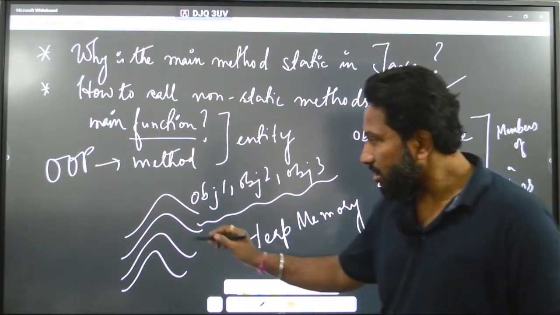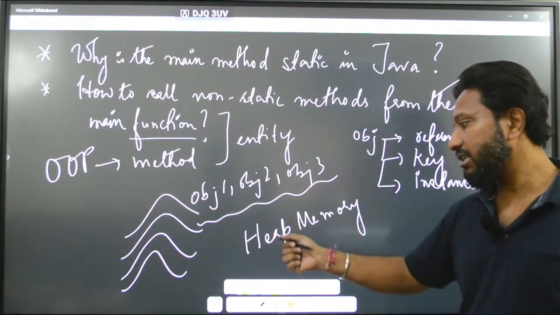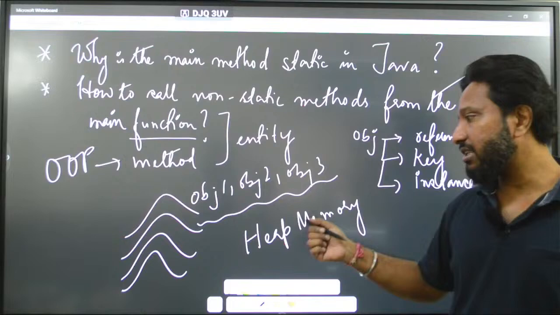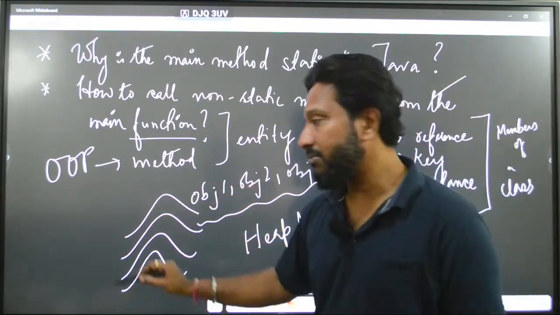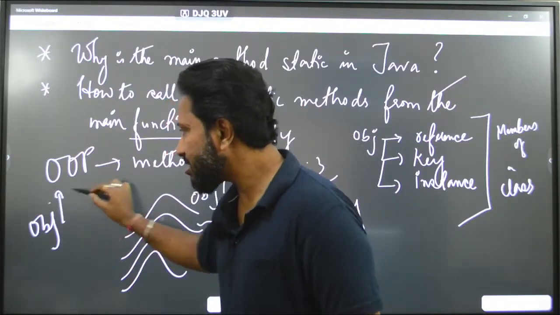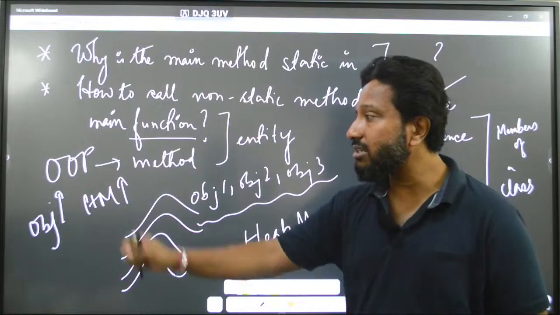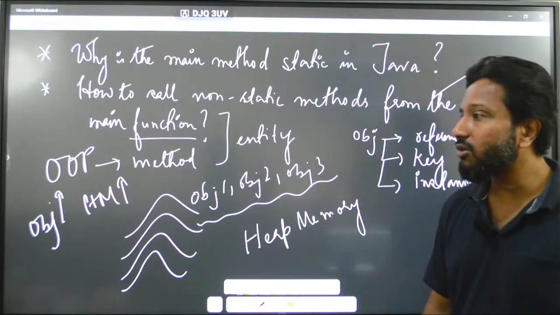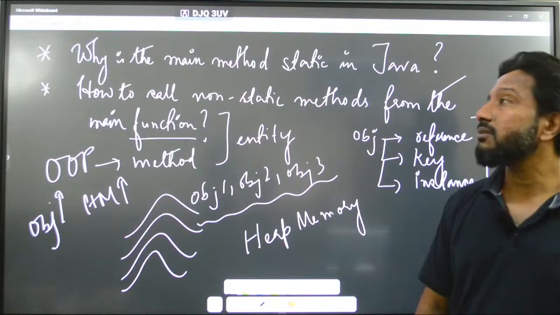So as I said, objects are actually stored in the heap memory of our computer. So in that case, the more objects, the more is the heap memory. As objects increase, the heap memory increases. So that is not a good thing. So unnecessary objects should not be created. So that's why comes the question,